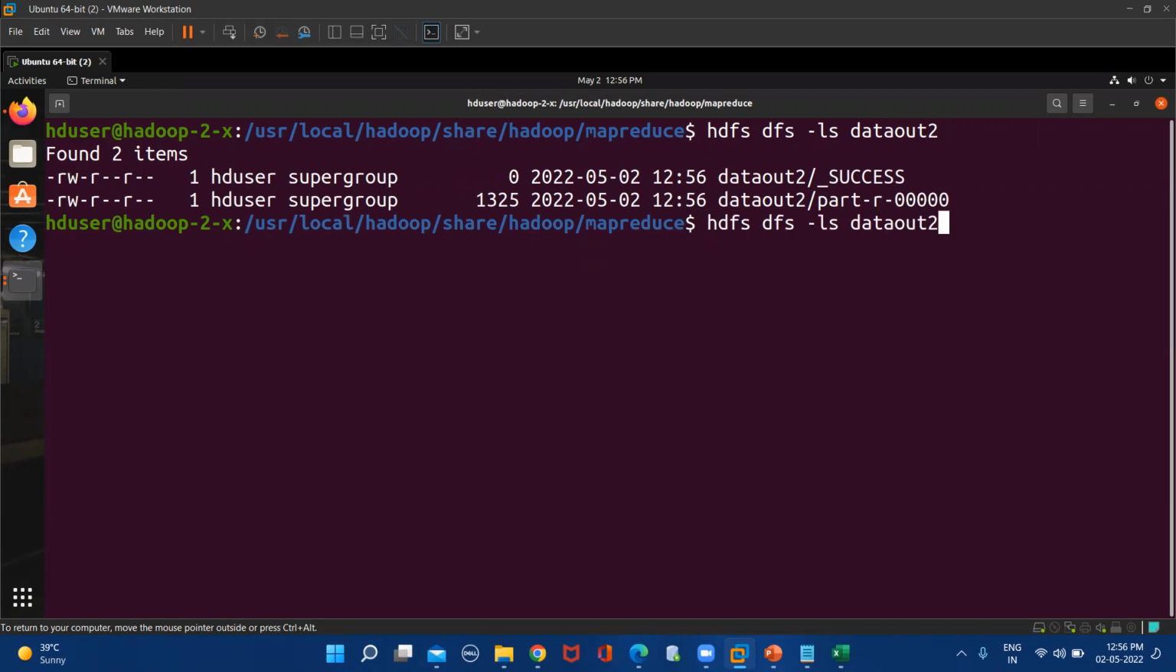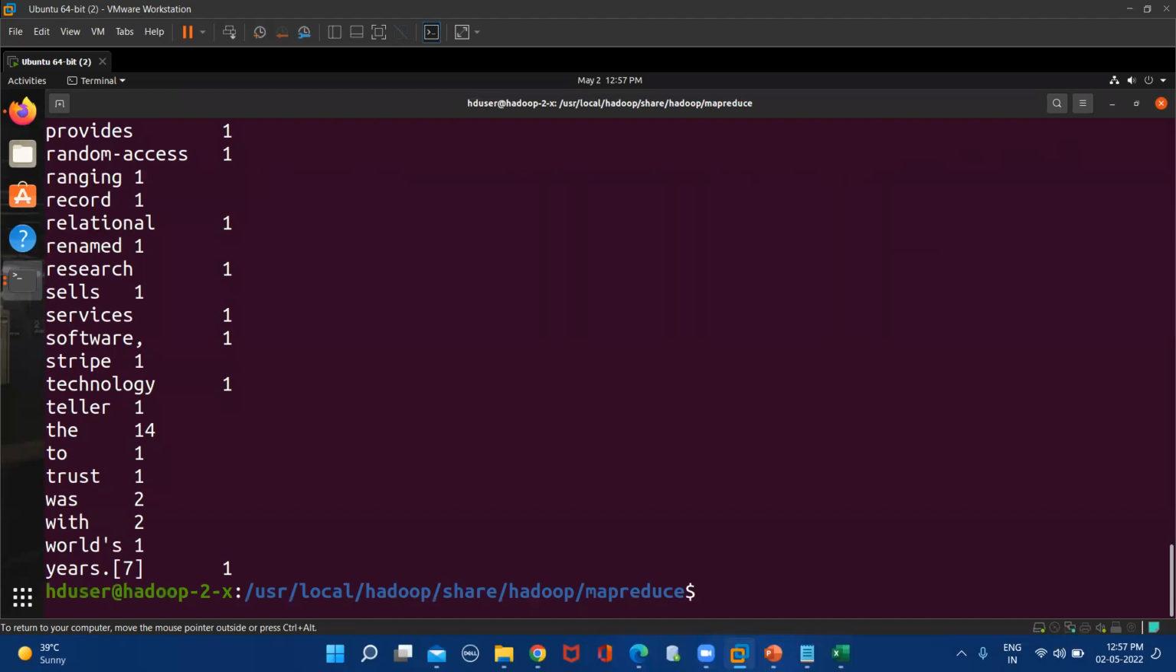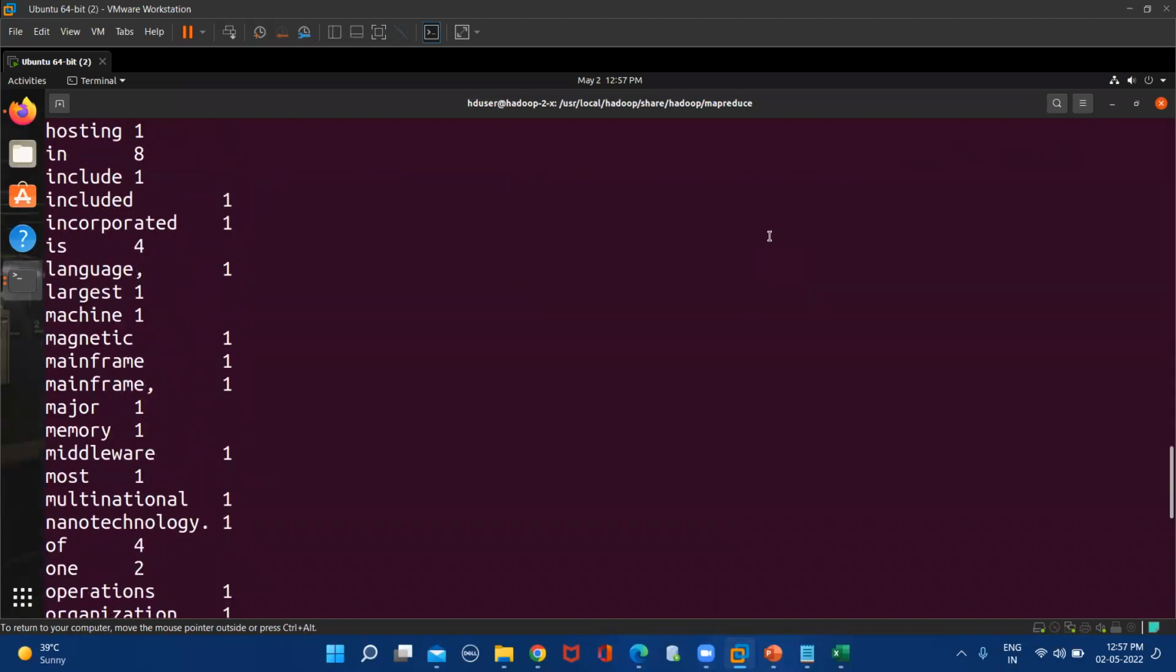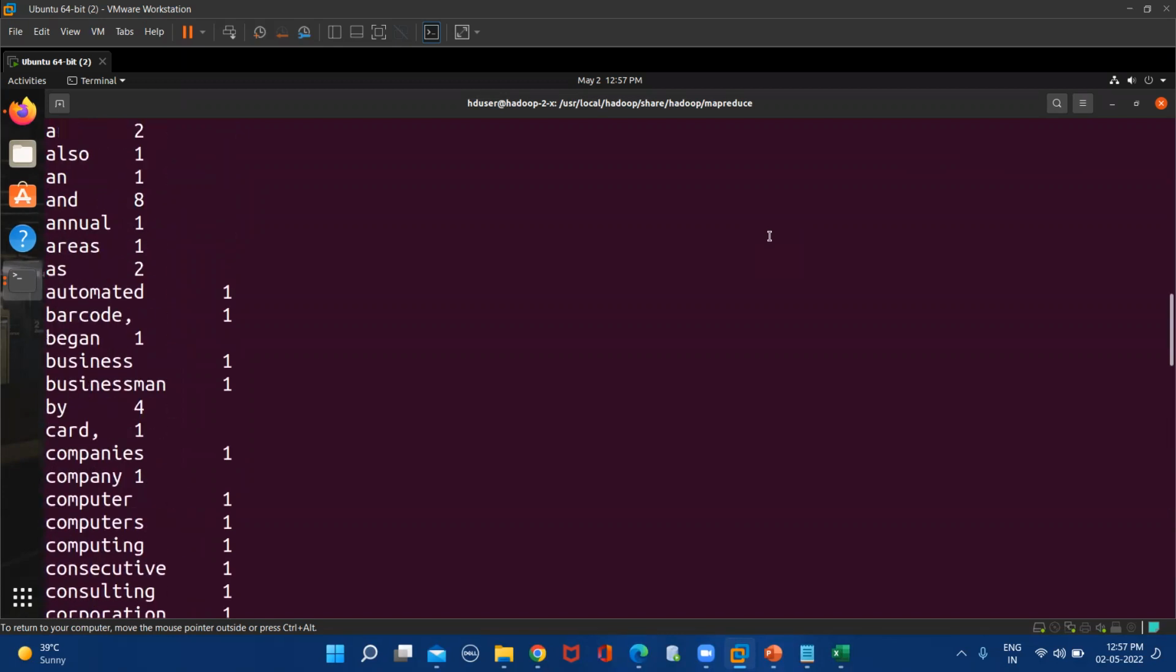HDFS DFS hyphen cat. HDFS DFS hyphen cat space, copy the data to part hyphen r 5 zeros. Right click, copy. Enter. Page up slowly. So starting with the page, it will check for the capitals, small letters, and what are